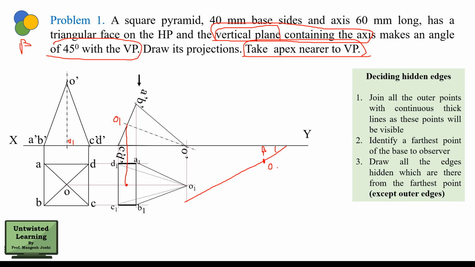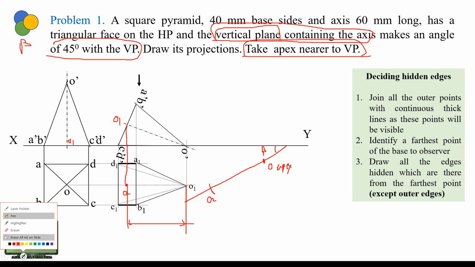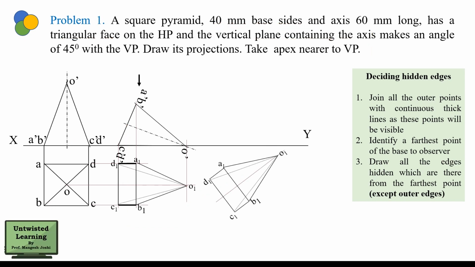So you will take this distance in compass, suppose O2 here. So you will take this much distance in compass and you will mark here. So suppose this is apex O, okay, and this is O2 point. And with reference to these 2 points, you will have to mark other points which are remaining. So after doing this, your solid will seem like this. Okay, now this is the 5th diagram.